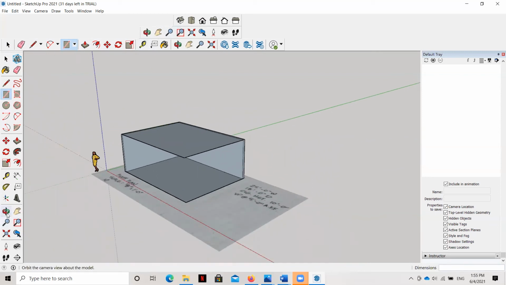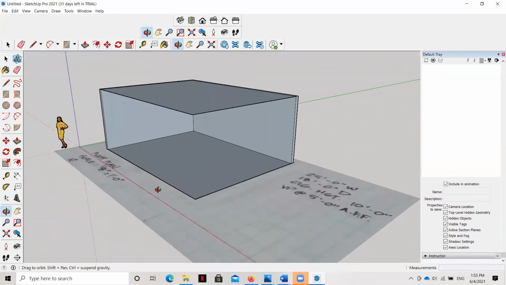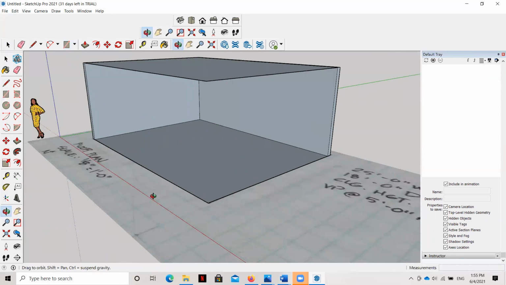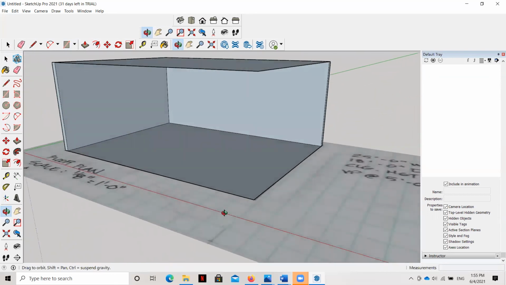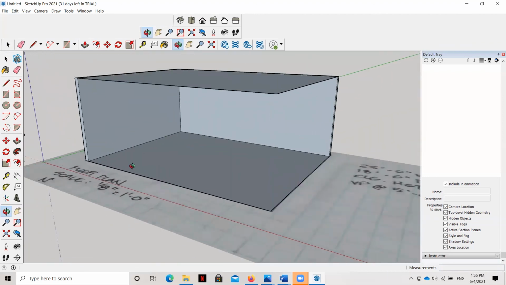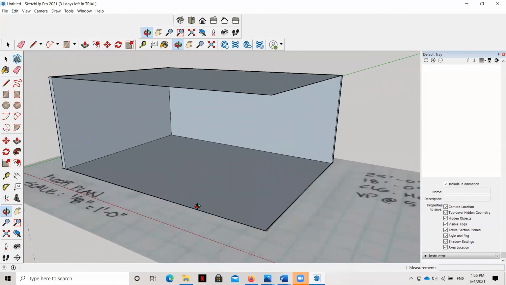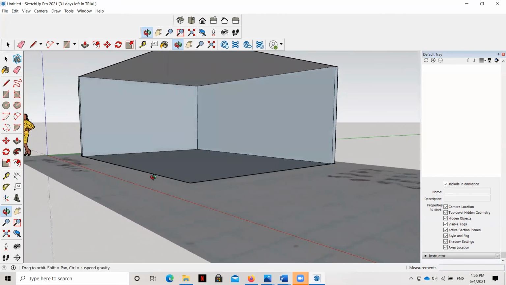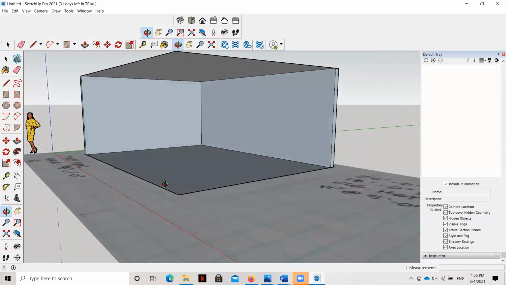Now that you've got your walls and your floors and your ceiling, you can start to orbit through this space. Keep in mind, I've got a mouse instead of using my touchpad, and my mouse has 2 buttons and a scroll wheel, and that allows me to manipulate this model quite easily. It's almost impossible to model in SketchUp without a mouse, so just keep that in mind. And again, if you're purchasing a mouse, grab one with a scroll wheel in the middle so that you can zoom in and out. But once you've got the walls and ceiling and floor, it's starting to look like an interior space.